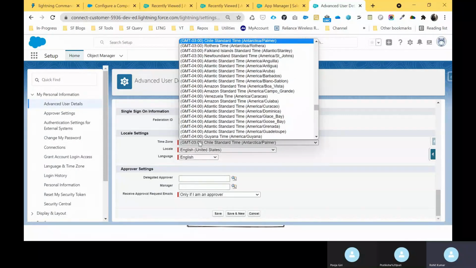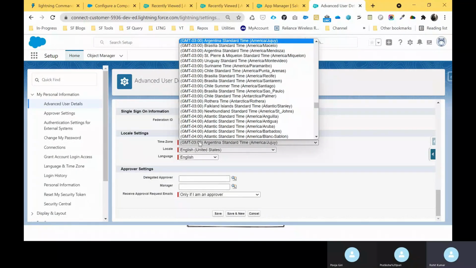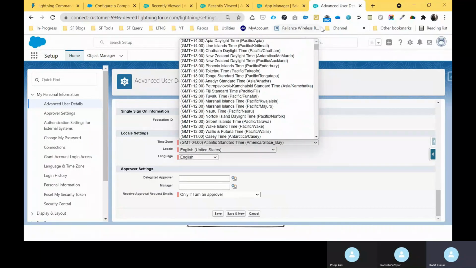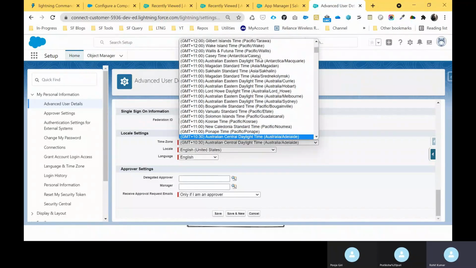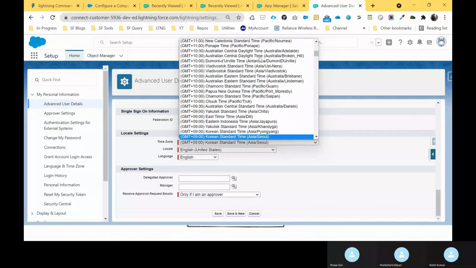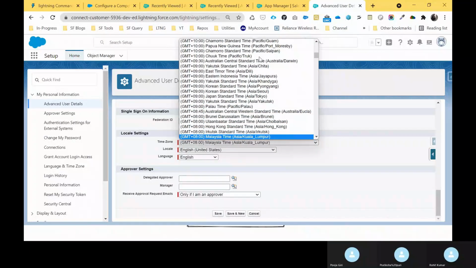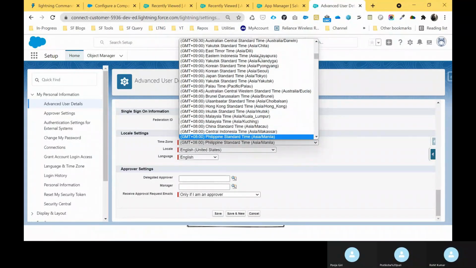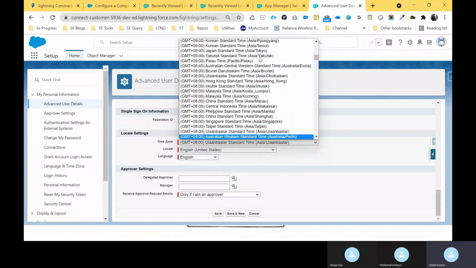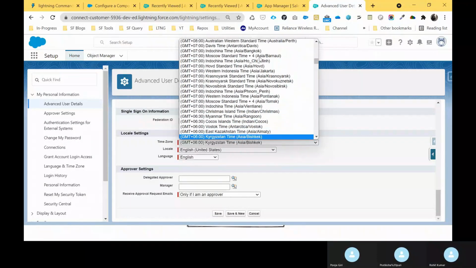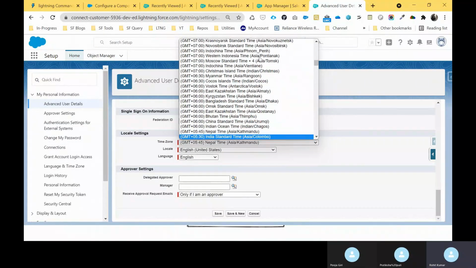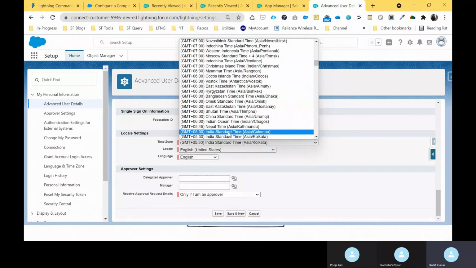First of all, go to the top and search one by one, because there is no shortcut way. Let me check. Japan, Malaysia, Asia, Kolkata and Mumbai, Singapore, Australia. Yeah, Indian, Asia, Kolkata. Here you can see, right?